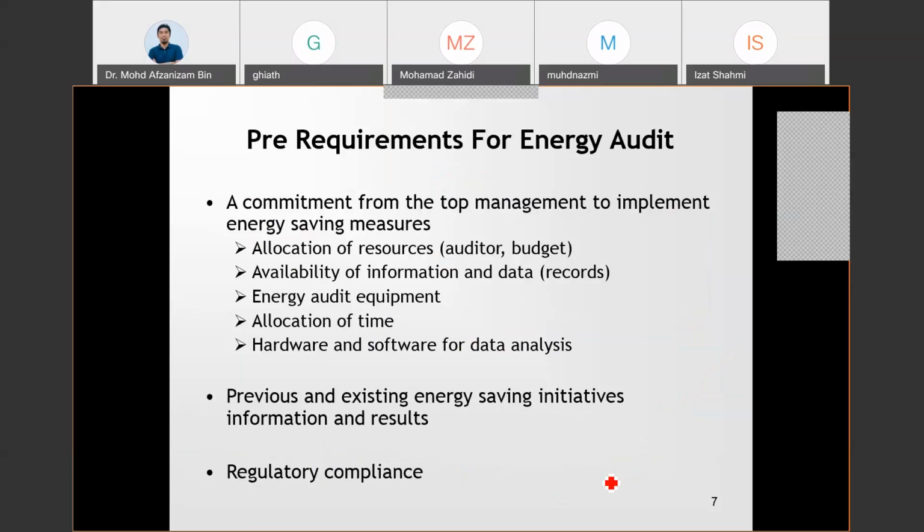Pre-requirement for energy audit. So this one is the condition for you as an auditor, meaning that you will come to a certain organization. Normally they will appoint a third party to do the energy audit, or maybe the governance body will appoint you as an auditor to go for the energy audit, and then